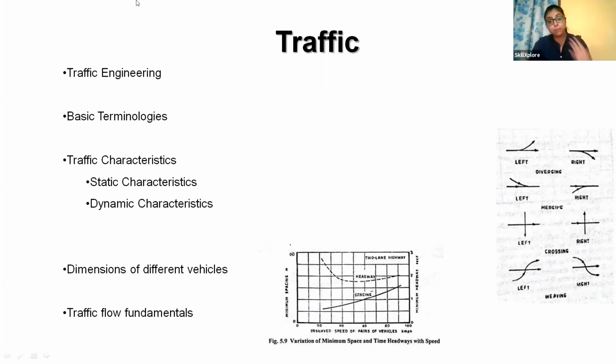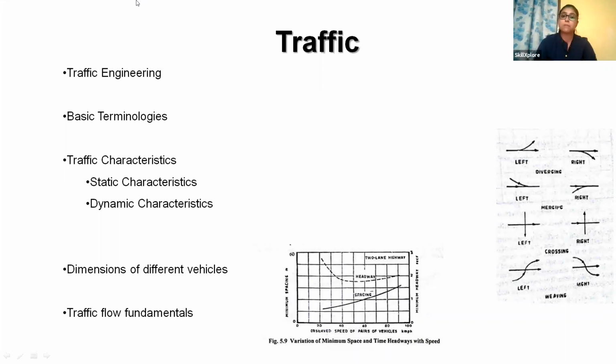And traffic capacity means the ability of the road to carry a number of vehicles. That is known as traffic capacity. So these two things we might know: traffic volume, the number of vehicles passing a particular point, and traffic capacity, the maximum amount of vehicles that a road can carry. And there are new terms like